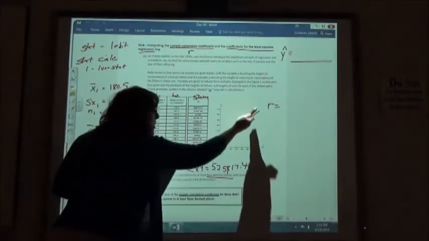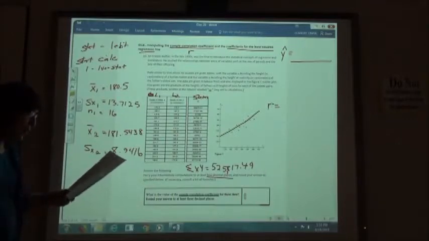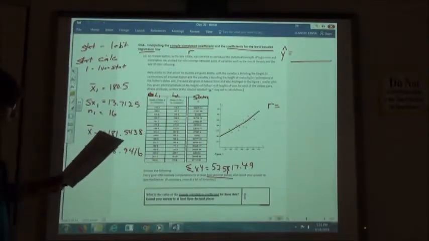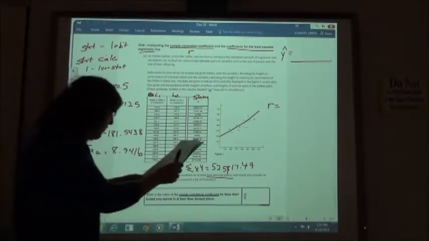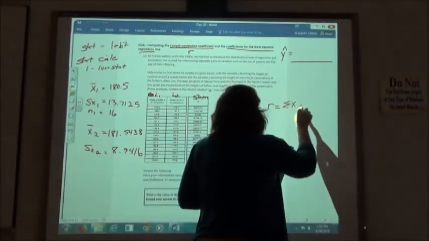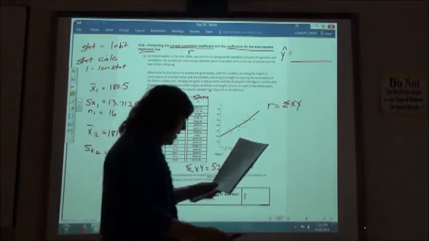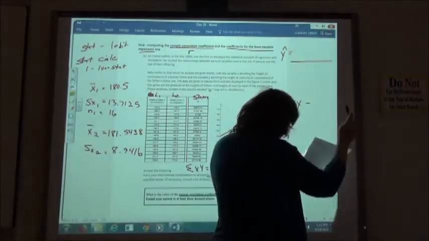If it was exactly on my line, I would get an R value of 1. You can see here I'm not exactly on the line, so my R value is going to be probably somewhere close to 1, but not going to be exactly 1. We're going to find out what it is. So the formula says to do the sum of XY, which is this number right here that we just found, minus